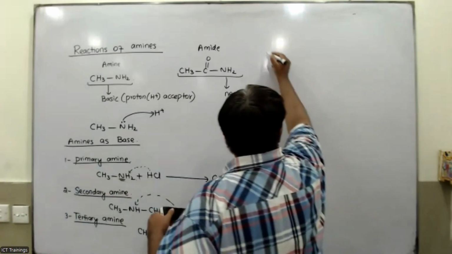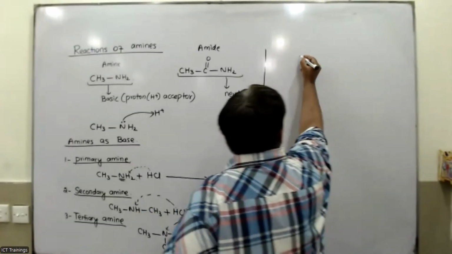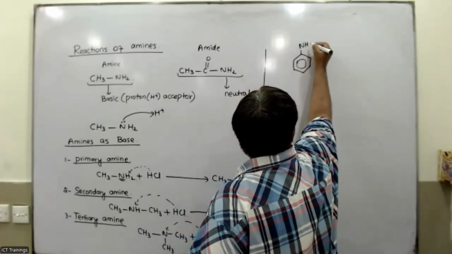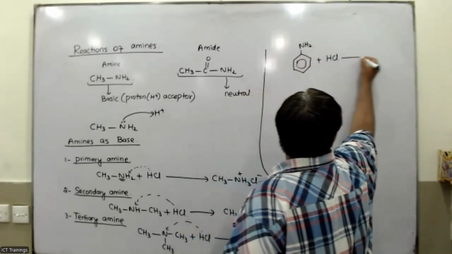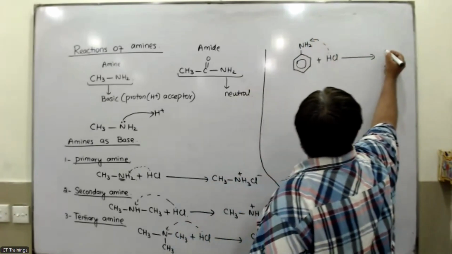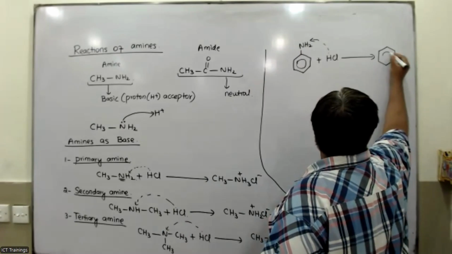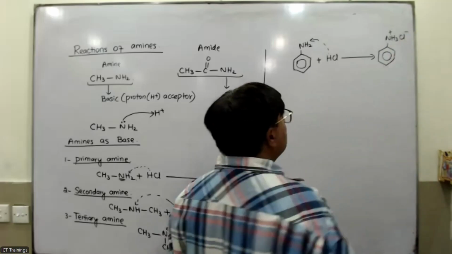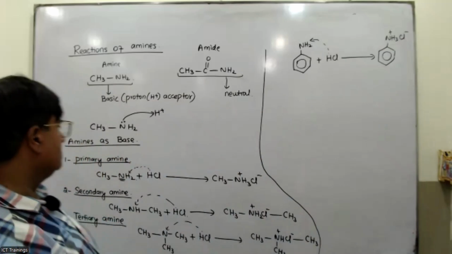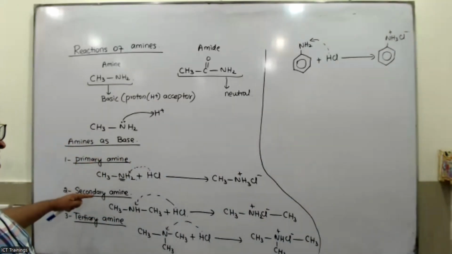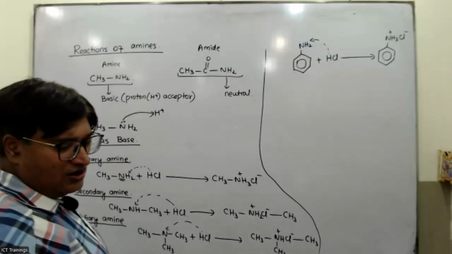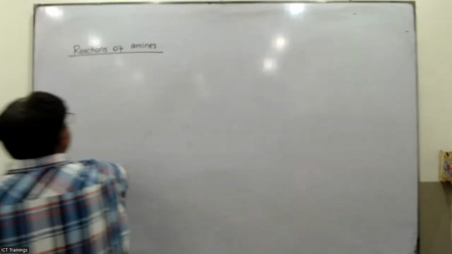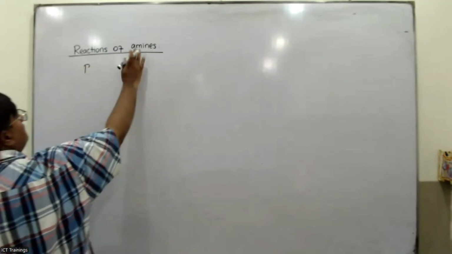Okay, the next thing, phenylamine is also acting as a base। So this is phenylamine। Benzene NH2 group is attached, so it would react with the HCl, so H would be gained up there, so it would become benzene NH3 positive and Cl minus। Okay, so this is also acting as a base। So you got the primary, secondary or tertiary amine or phenylamine, all are acting as a base। Is it clear, my dear? Yes।